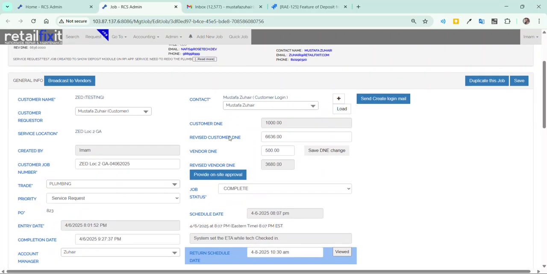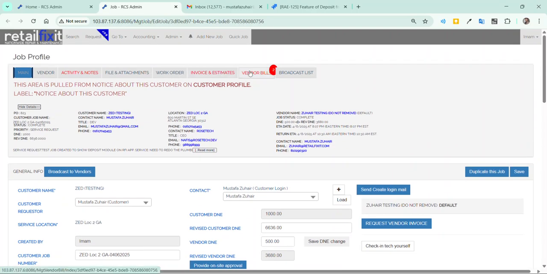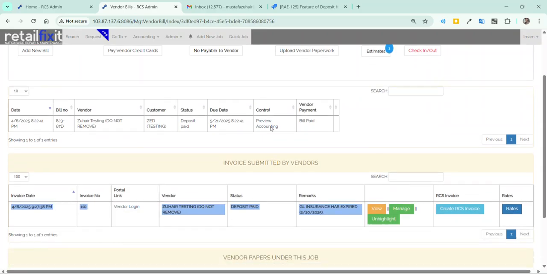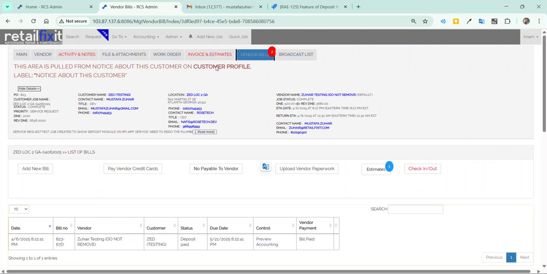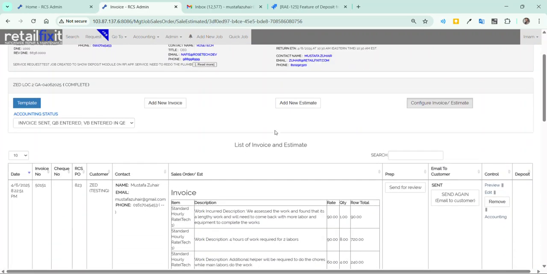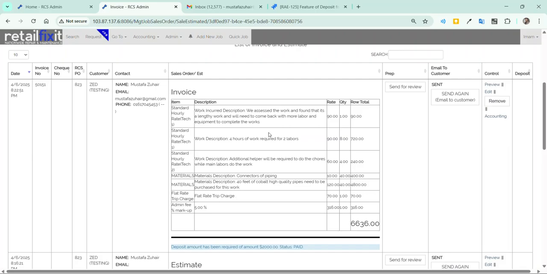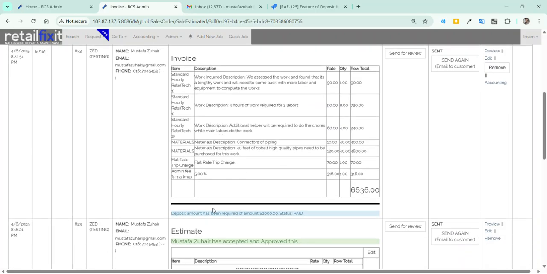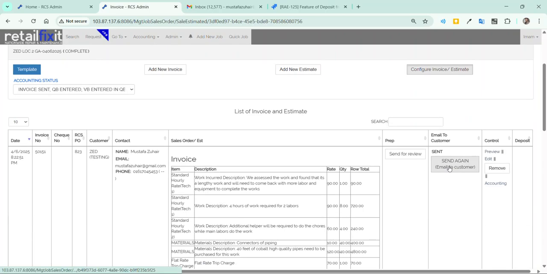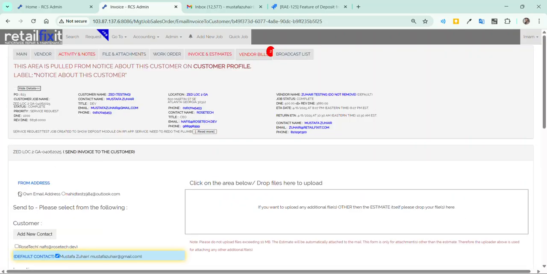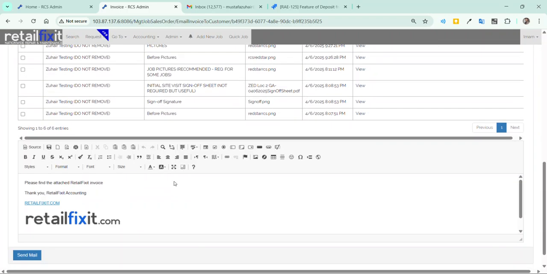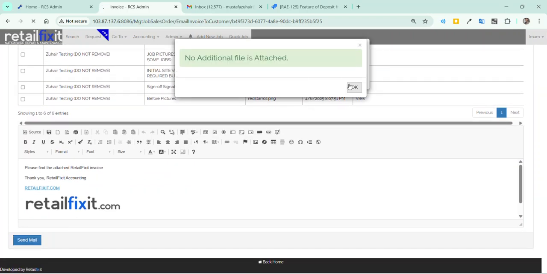and you can see that it's highlighted for both vendor bill and invoice and estimates. We go to the vendor bill. You can see that the deposit paid is marked over here. And if you go to invoice and estimates, the invoice that is sent to the customer is basically over here with the remark that deposit amount has been paid of $2,000. So if we send this to the customer, of the final invoice that we are going to send, so click send,